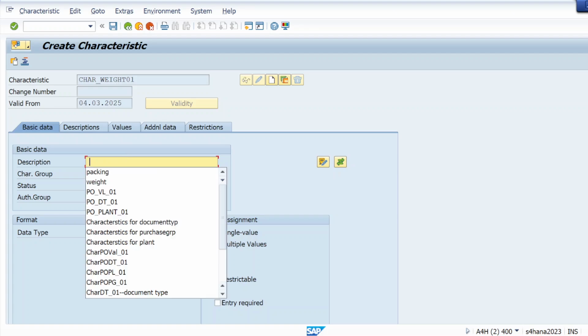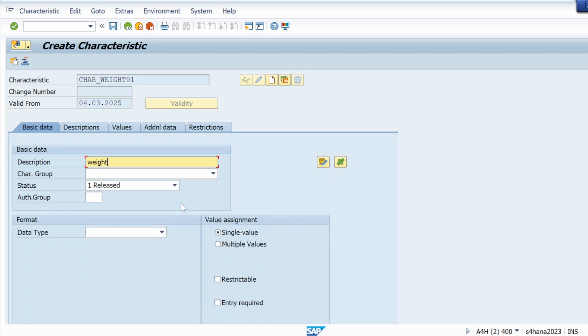Let me give a description here, like for weight, and that must be single valued. Then just go to this number, hit enter, then go to the value icon.